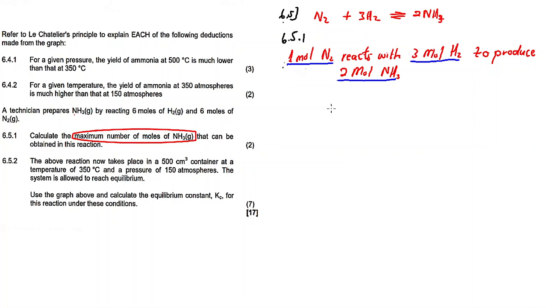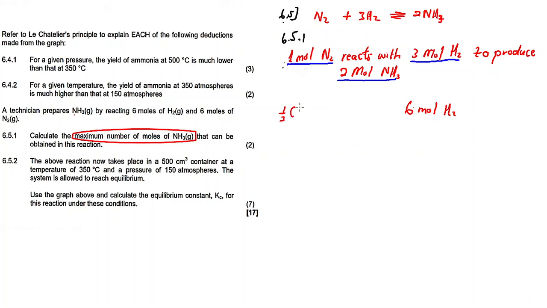So in other words, it means here we will have the ratios. Let me start with the 6 moles of hydrogen gas, the 6 moles of hydrogen gas will produce